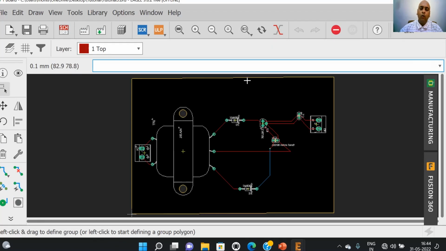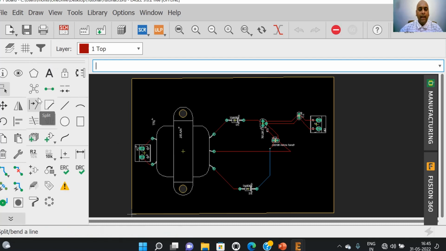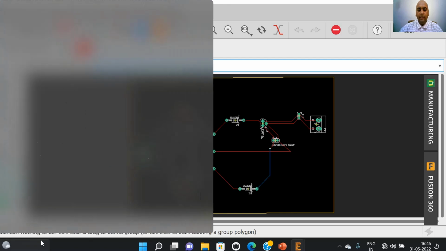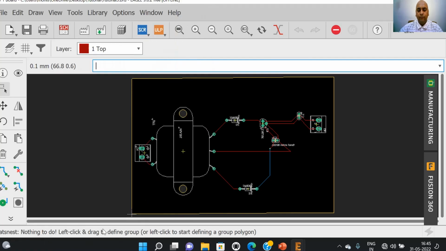Once we are over with routing all the traces, we can press ratsnest again, and now the ratsnest is showing that there is nothing to do. That is, all air wires are now connected.